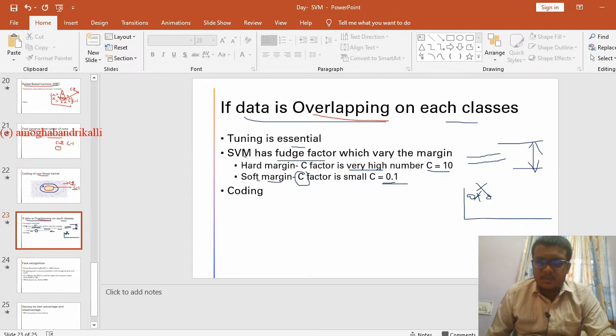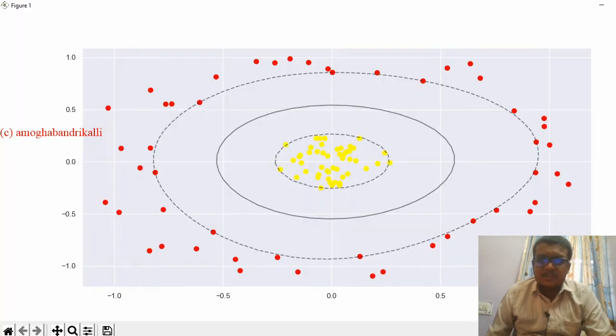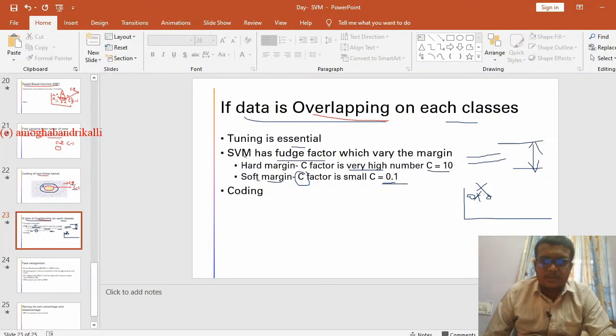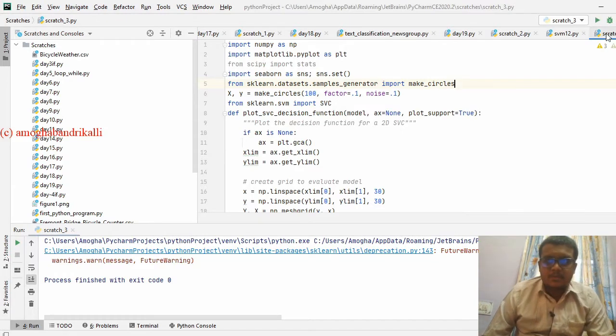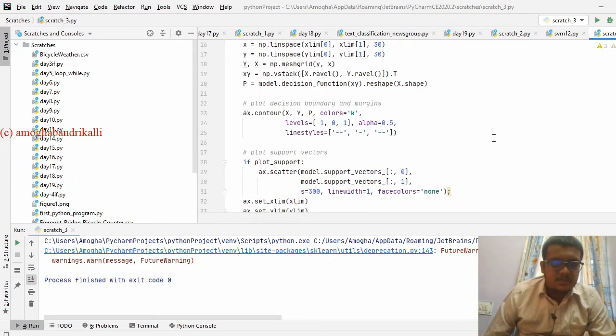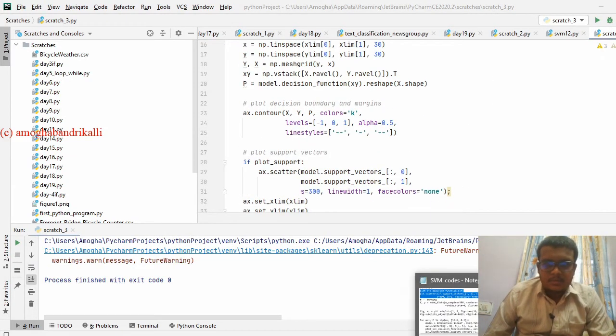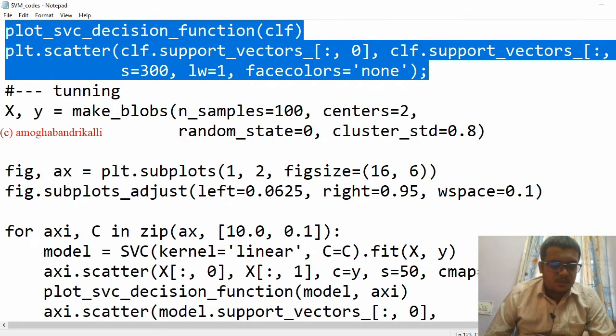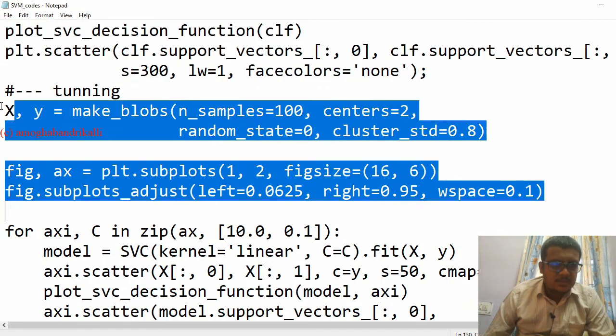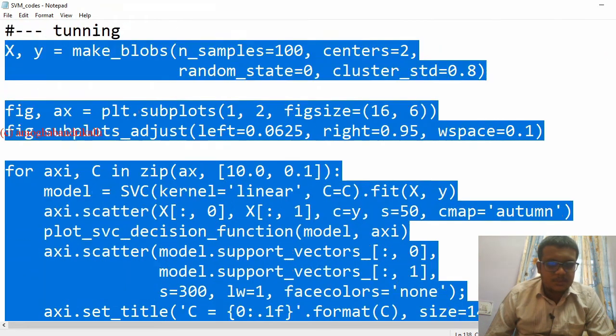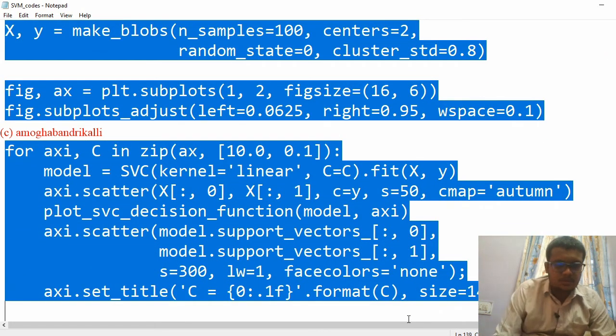So you can just see the coding part of it, and this is the kernel version which we have already seen. Okay, scratch 3. Then I'm just going to make a tuning part. The tuning part is here, x comma y, make blobs. The tuning part is going to be copied.